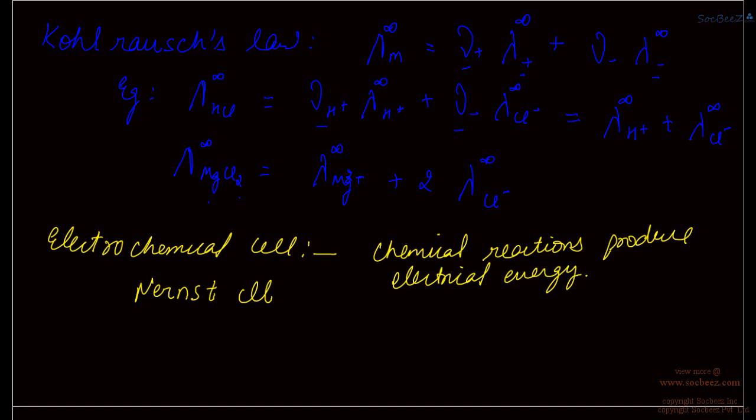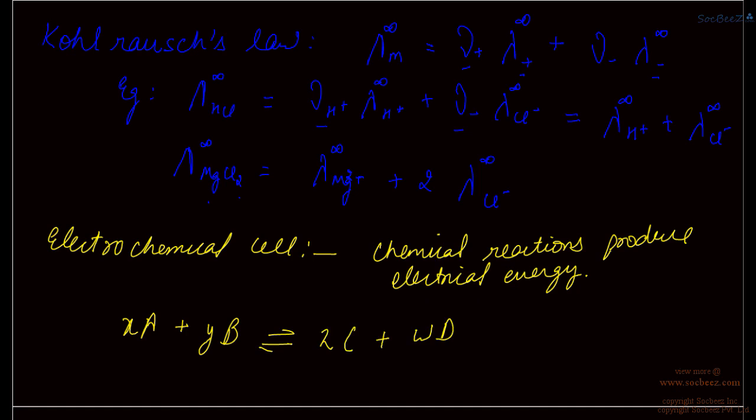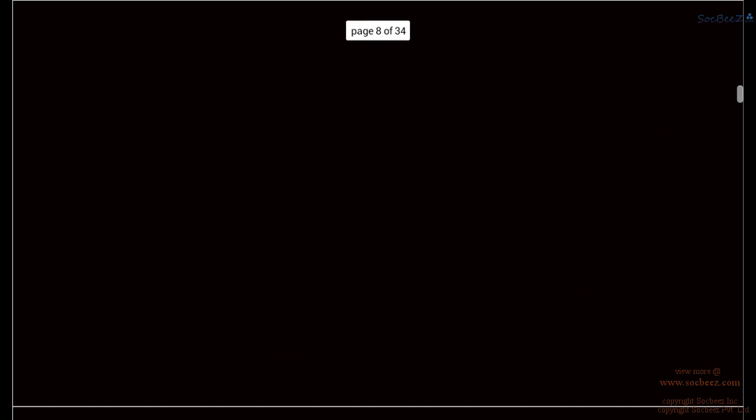So now, the Nernst equation is used to relate either half cell potential or EMF of a cell with the concentration of the involved species. Suppose in an electrolyte this reaction is taking place: xA plus yB gives zC plus wD. Since G equals G naught plus RT ln K in case of any reaction, therefore in this case